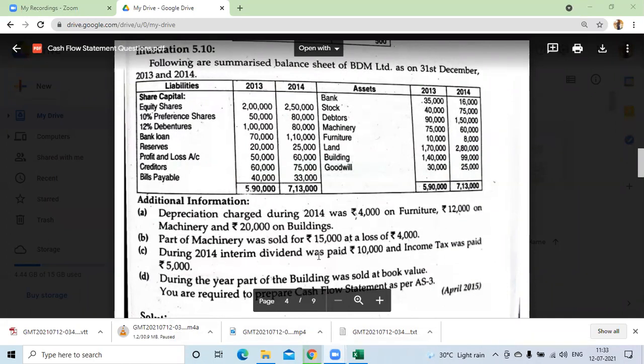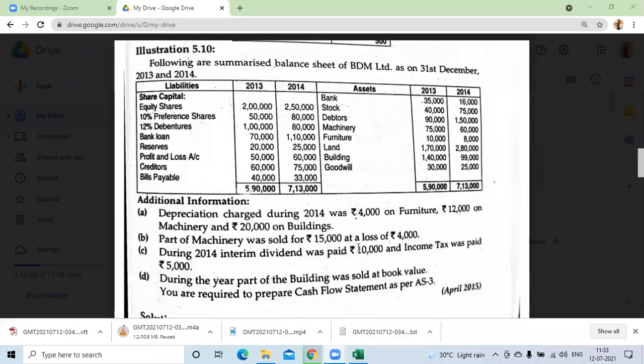Okay. So now interim dividend is done. If paid is 10,000, then proposed is also 10,000 until they disclose anything. If they disclose that proposed dividend is 8,000, then we will write 8,000 only. But if they have not disclosed, we will assume that the proposed dividend is the same as what is given as paid. Okay, everybody clear? Yes, ma'am.